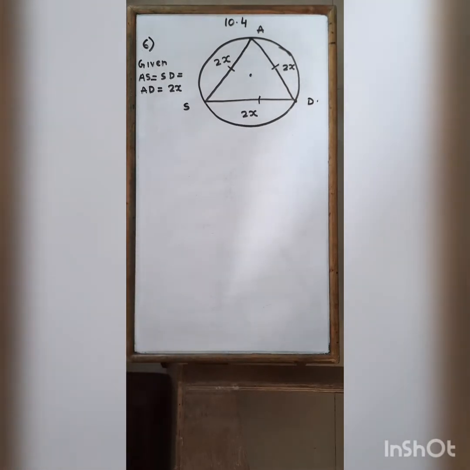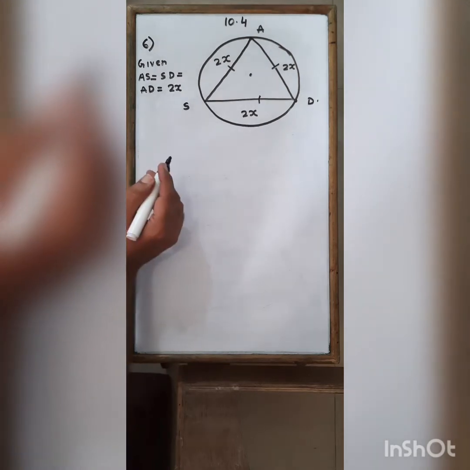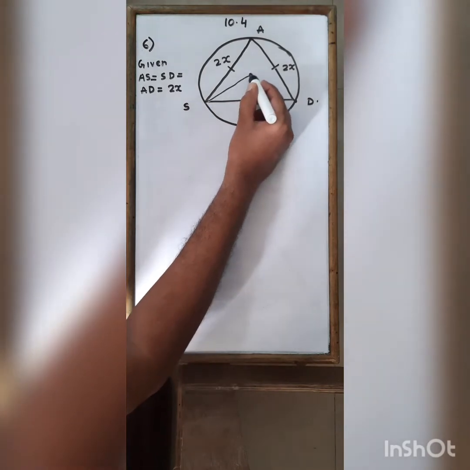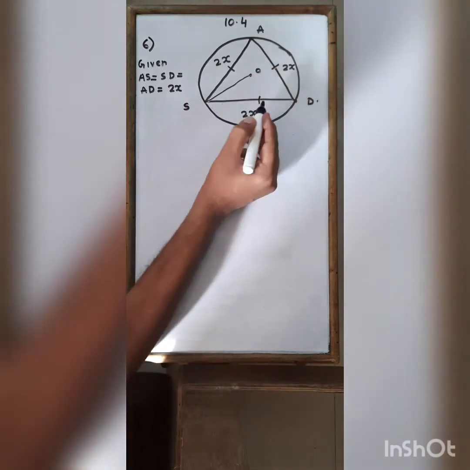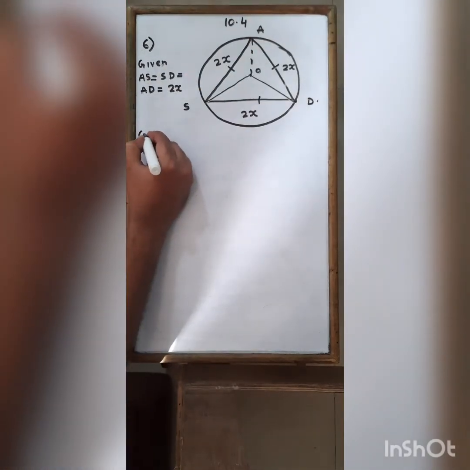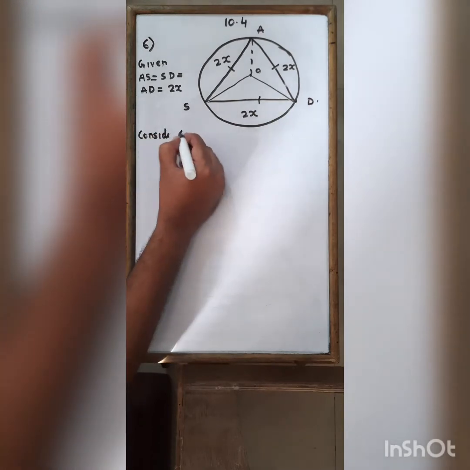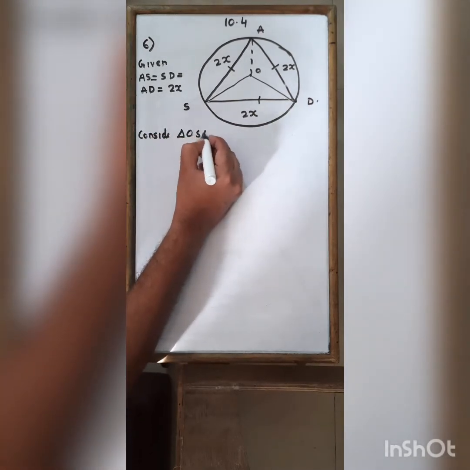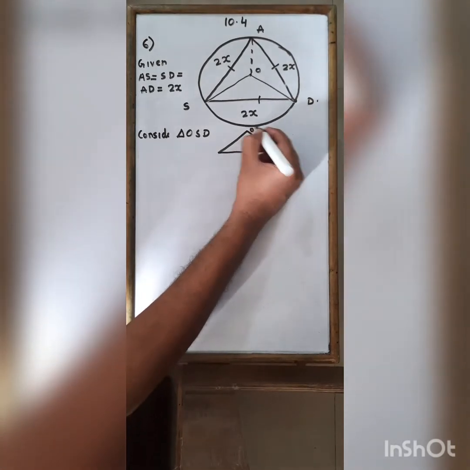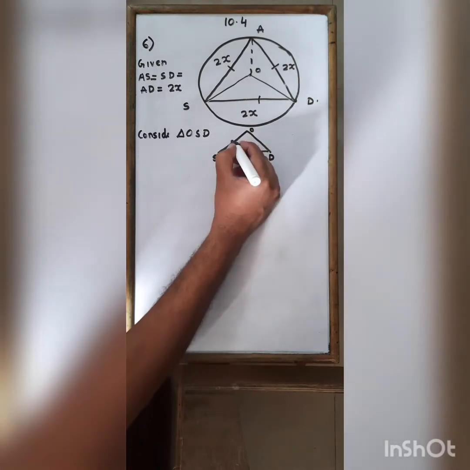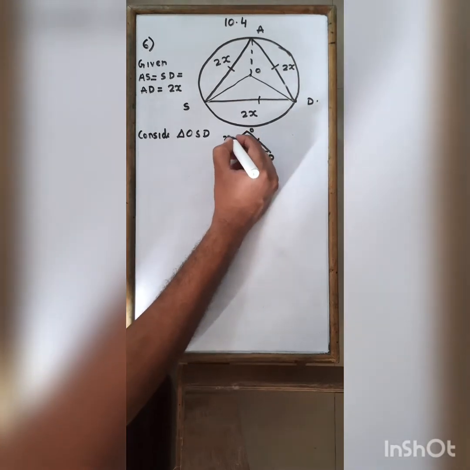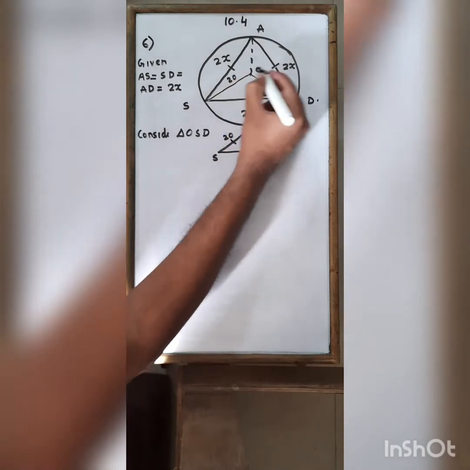So now how do I start the sum? Again I will be using the same property which we have used in the last sum. I will join first. Let us join SD. Let this center be O. So I have joined this and I have connected this. Okay, now consider triangle OSD. This is my O, this is my S, and this is my D. Can I say OS and OD are equal? Radius of the same circle, and that is nothing but 20, right? So this is also 20 and this is also 20.